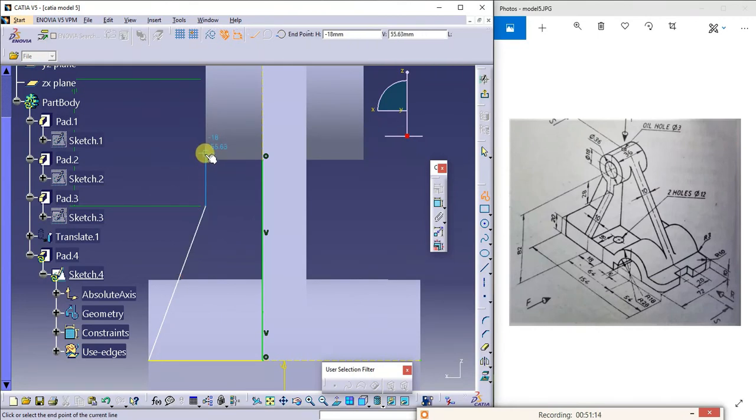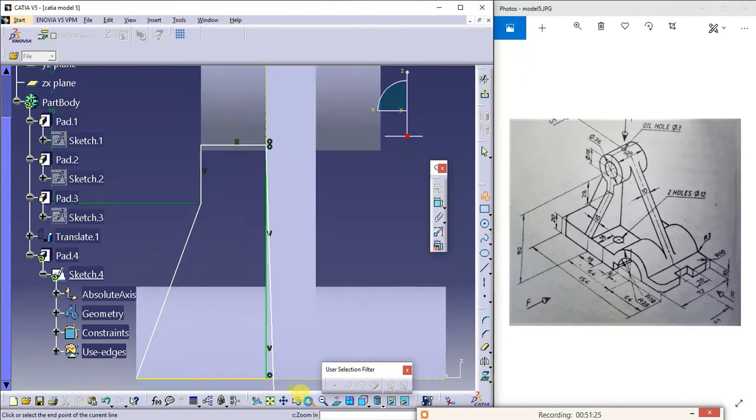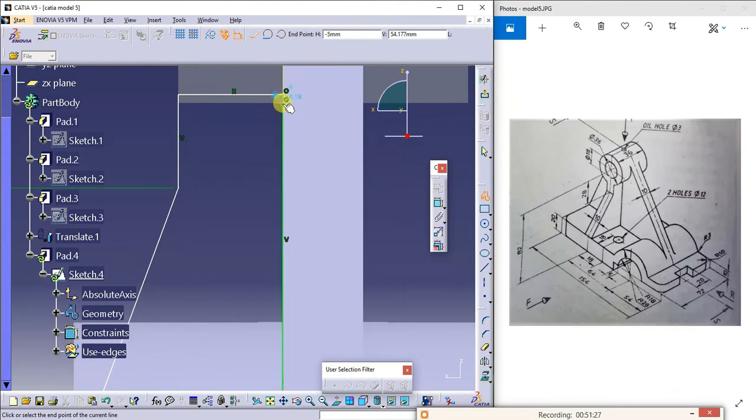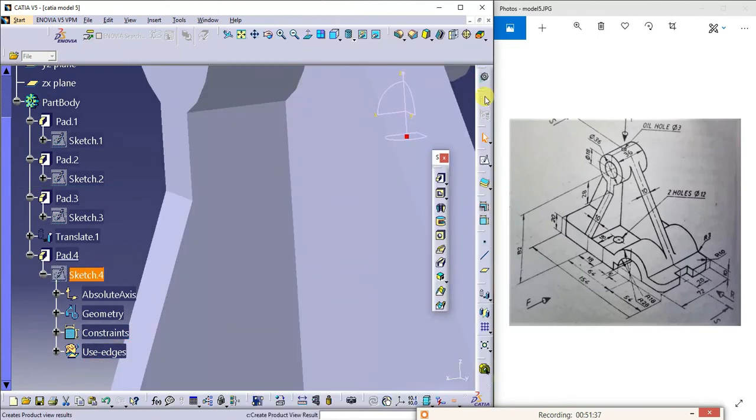Here I'll give little bit. Okay. Now cannot able to see the any gap. Now I'll exit from this.